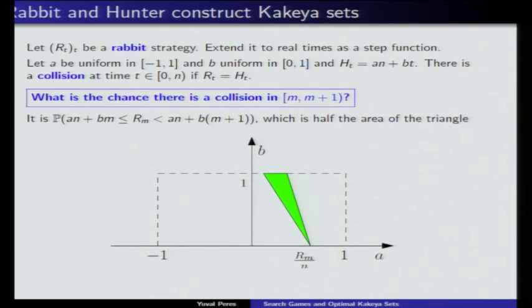So in other words, the fact that we found a rabbit strategy that ensures capture probability at most 1 over log n, that's ensured against any hunter strategy. But if we employ this hunter strategy, we know 1 over log n is the truth. So what this means is that when the rabbit plays this Cauchy strategy, the union of these triangles will have expected area 1 over log n, because that's the capture probability in a round.